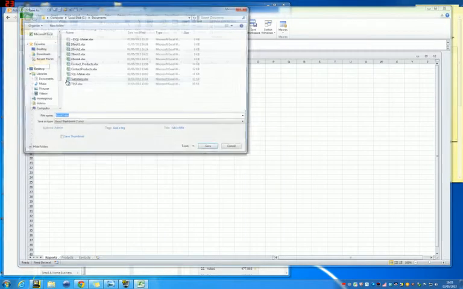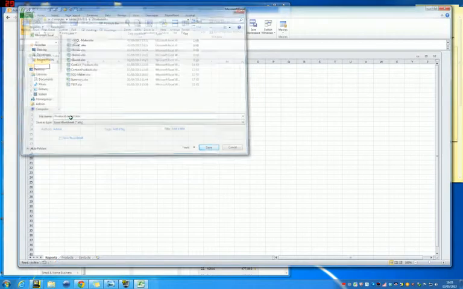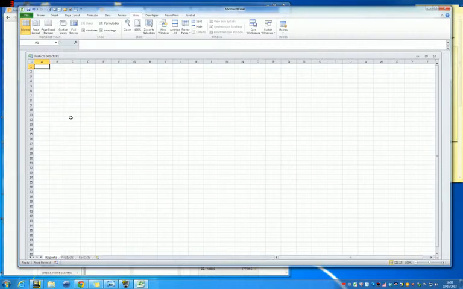File, save as, product contact. There's one there called contact products. It's the same piece of work done previously. So now we've got three sheets: contacts, products and reports, and we're going to put two tables into here, starting with